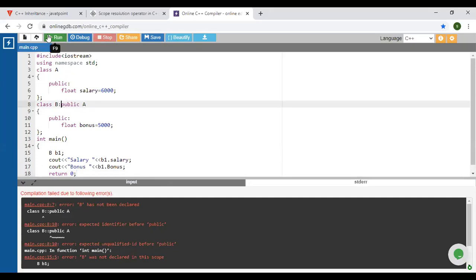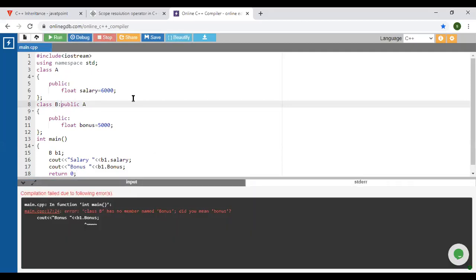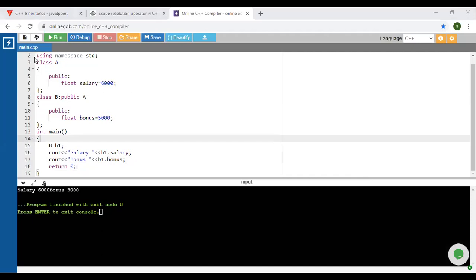Okay, we will check what will happen here. Bonus as a small b.